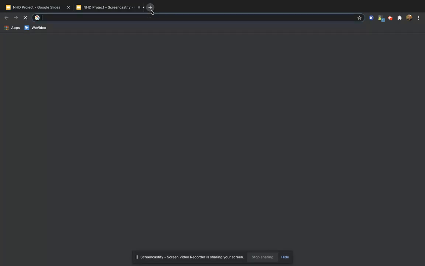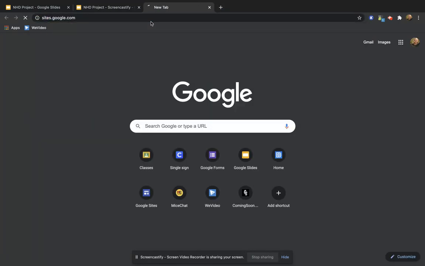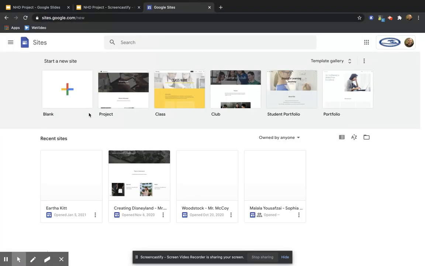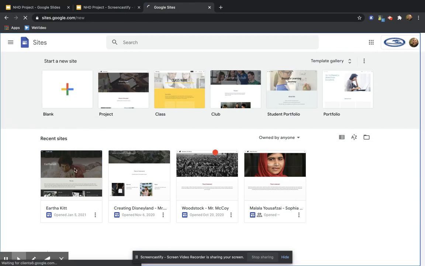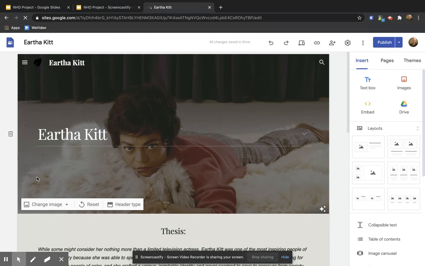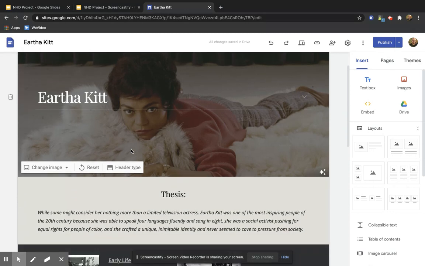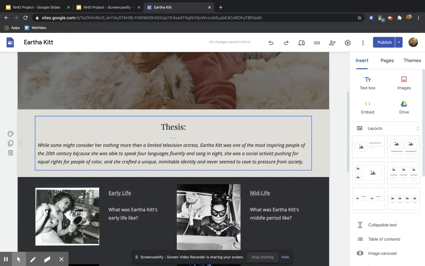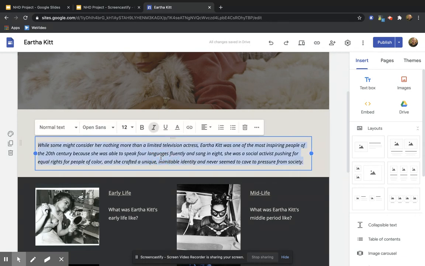If you're not sure, you can start a new tab and go to sites.google.com and look for your project. Originally, we had the intention of creating a website, but knowing how much time it would take, we decided to change it. You'll recall that the thesis statement was meant to go here. If it is here, all you have to do is copy and paste it. You would just copy this item by going 1, 2, 3, copying, which can be on your keyboard Command C,